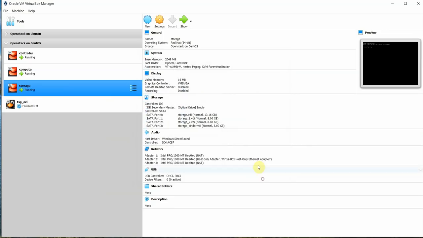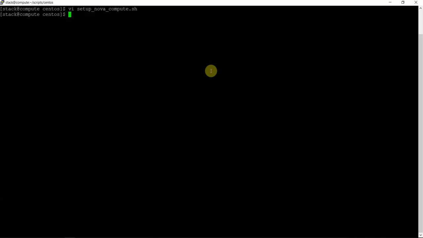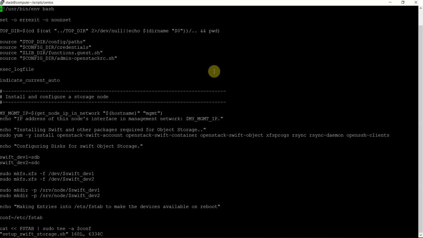I'll be using these disks for my object storage. So let's go to the object storage on the compute node, and let's see the script. Setup Swift on the storage node. So this is the script for the storage.